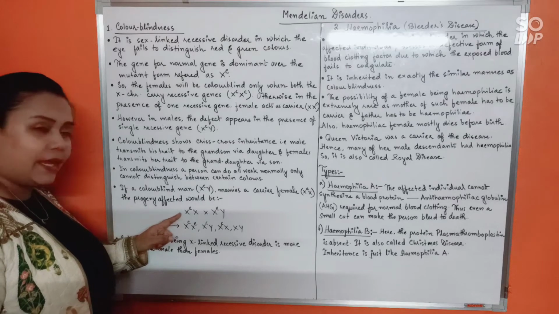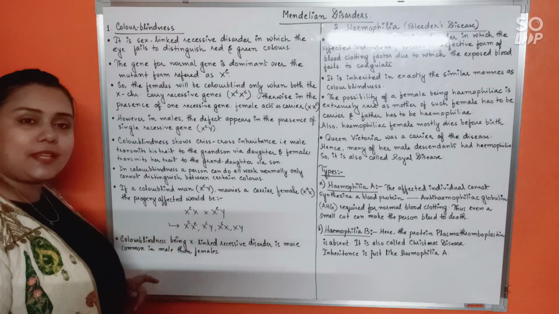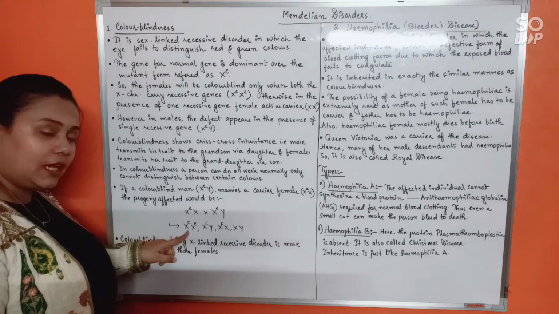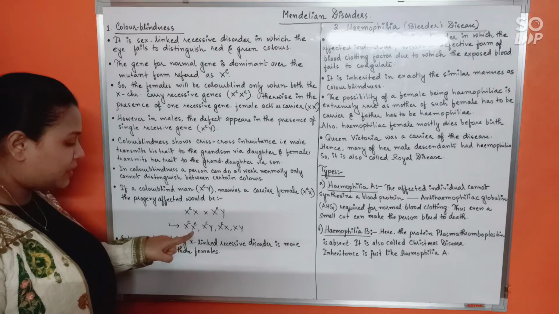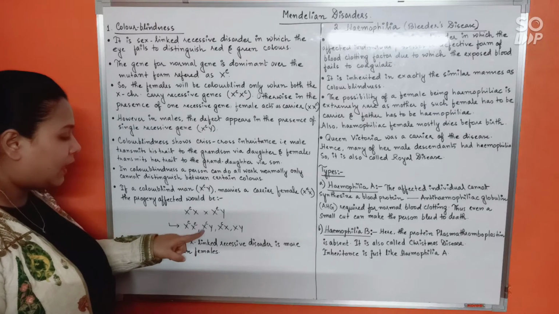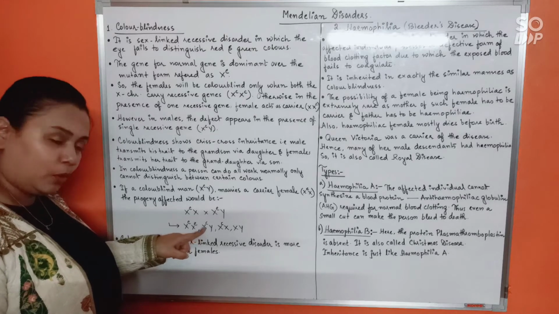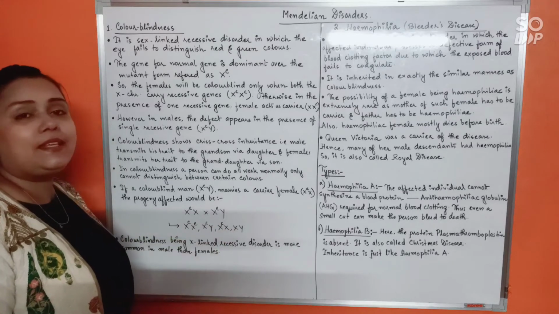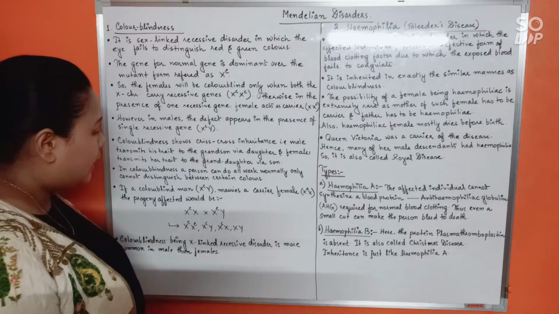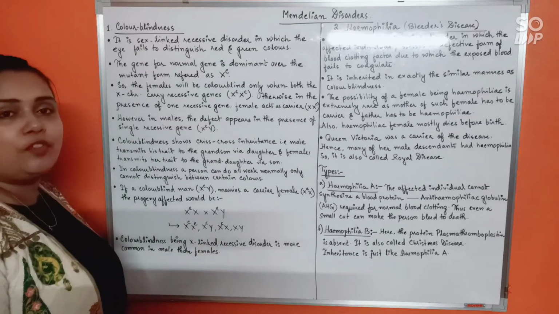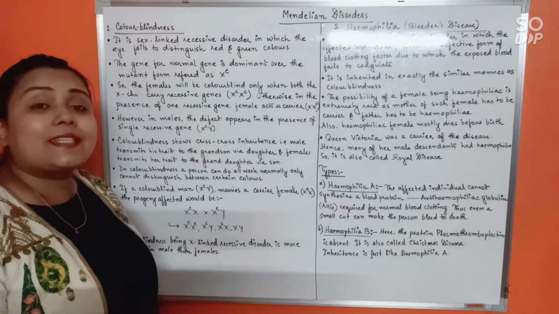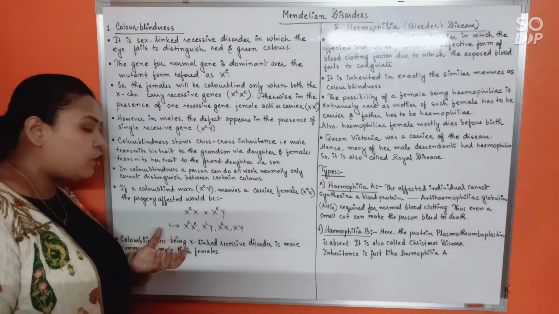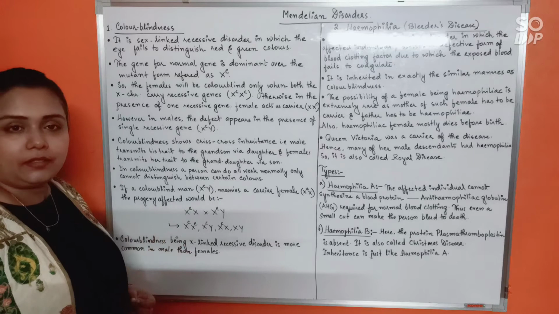So the female is XCX, okay, and the male is XCY. So in that case, the progeny would be, see here, XCXC. That means a colorblind daughter would be born, a colorblind son would be born. Likewise, a carrier daughter would be formed, and a healthy son would also be formed. So in that case, how much percentage of their progeny is colorblind? 50%, isn't it? 50% of the progeny is colorblind.